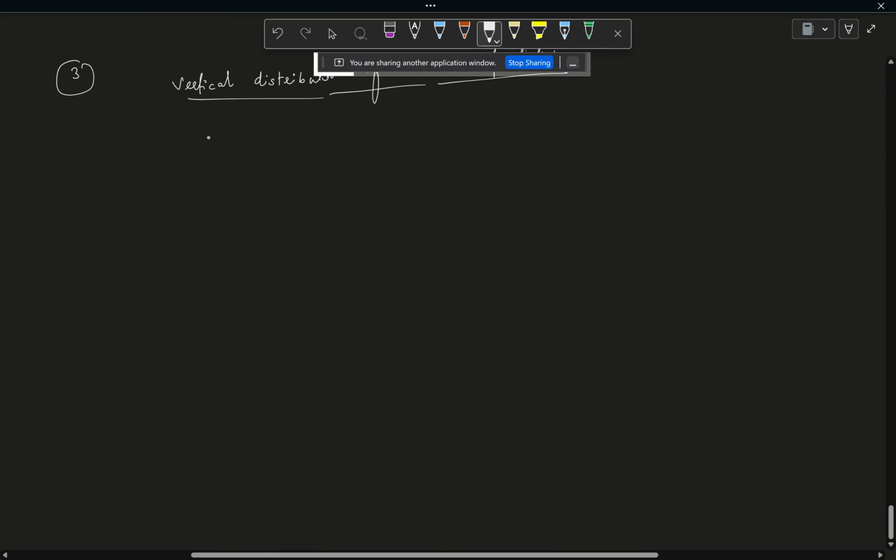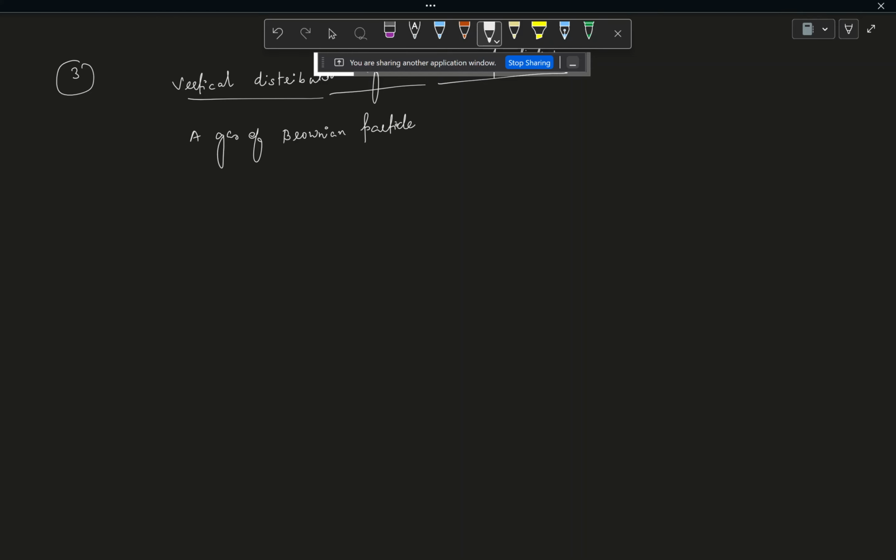So we are considering a gas of Brownian particles, that means particles that follow the Brownian motion concept, or that prominently can show Brownian motion. A gas of Brownian particles in equilibrium at a constant uniform temperature T and under